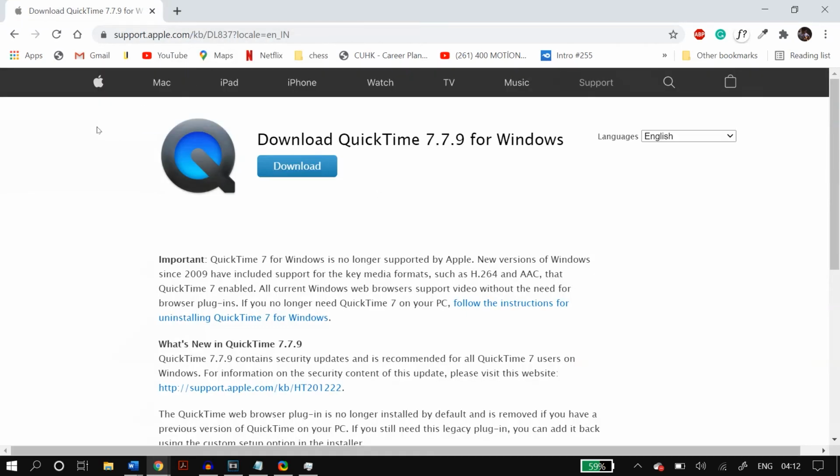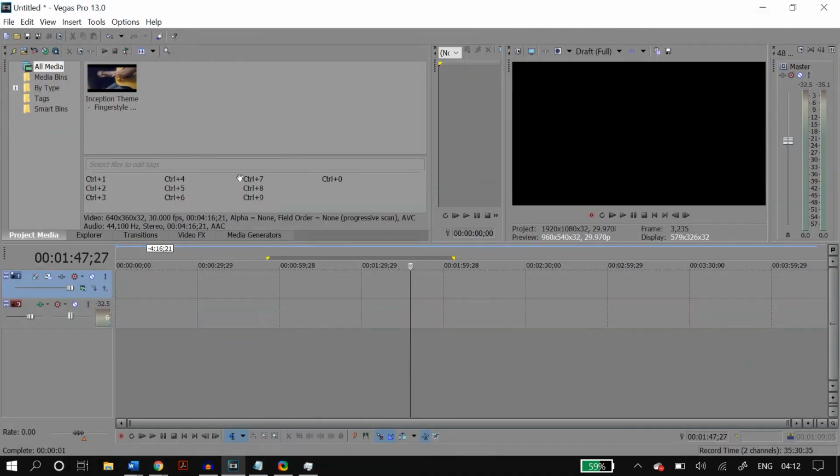Also, I recommend that in the preview settings you set it to auto or a very low value like draft and then low, which can also help speed up your editing process and increase the stability of Sony Vegas. The next part is removing unused media from Sony Vegas. So make sure that you remove any unused media from your project to increase the stability of Sony Vegas, and also disable resampling on your project in Sony Vegas.